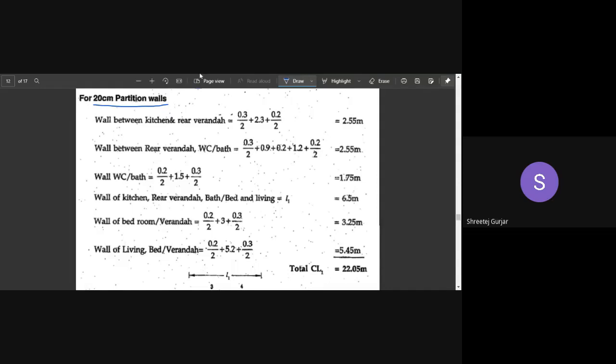I hope you have your sketch. Just let me know whether you have your sketch with you. You can just raise your hand. How many of you have the sketch with you? Because I have to scroll up and down every time when I have to explain, right? So it will be difficult. How many of you have the sketch with you, so that I will explain it and you can look into your sketch which you have drawn? Just let me know how many of you have the sketch with you.